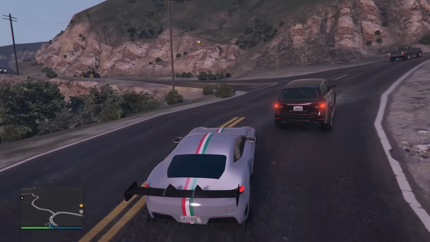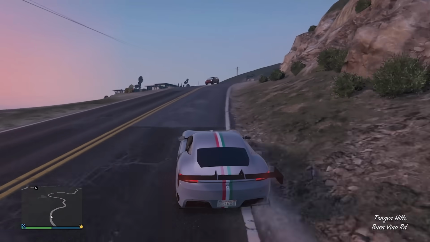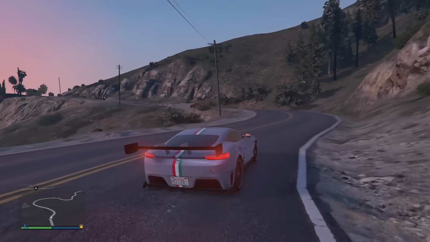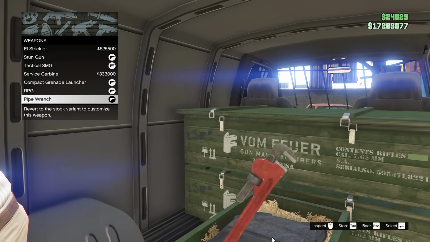Moving on to this weekly recap, starting with the bonuses, we have double money and RP on the Dr. Dre contract, security contracts and Double Down, which is a returning adversary mode, as well as triple money and RP on community series. On the gun van this week, we got the compact grenade launcher and the RPG for free,